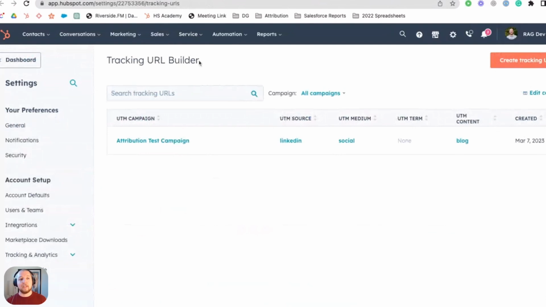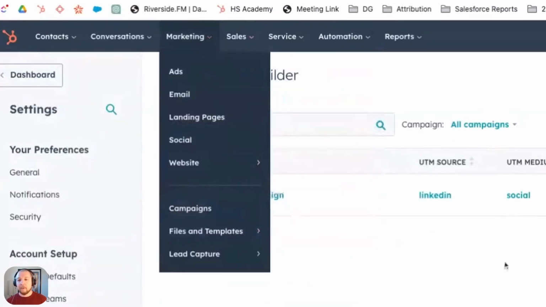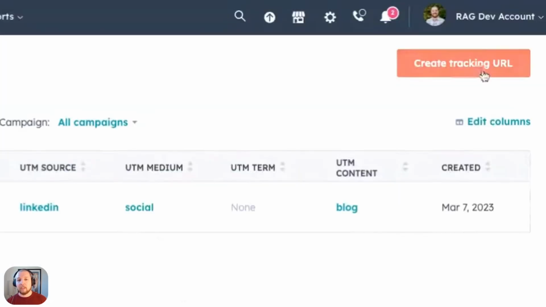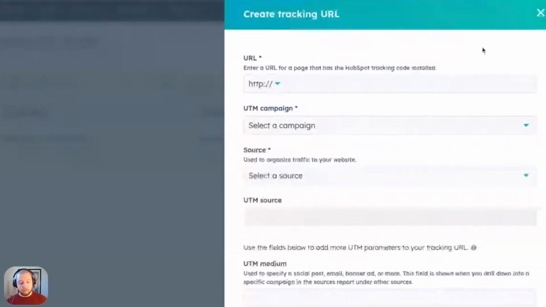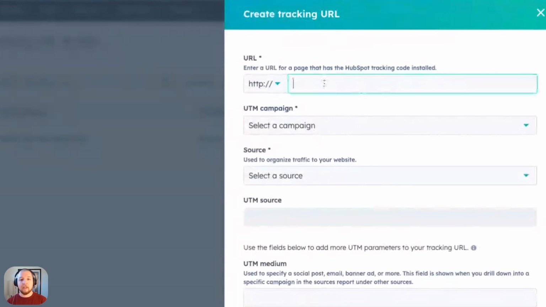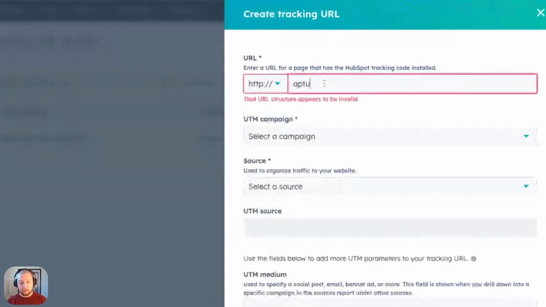So the first thing that you're going to need to know how to do is actually build these tracking links. HubSpot has a native tracking URL builder. So you can find this in your settings. It also exists within the campaigns tool. But this makes things really simple. You just click create a URL. You can type in the website,